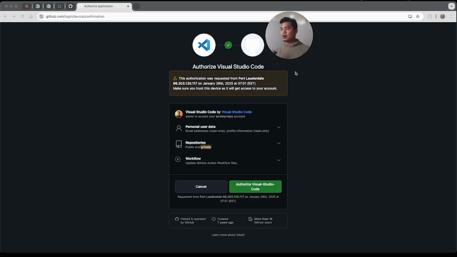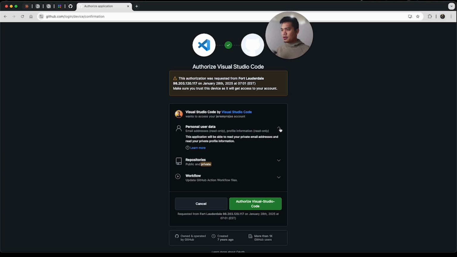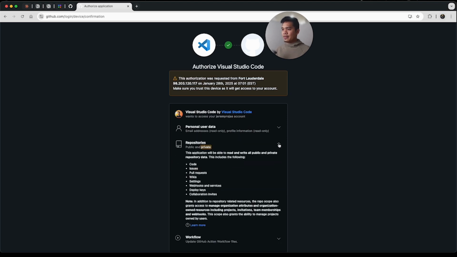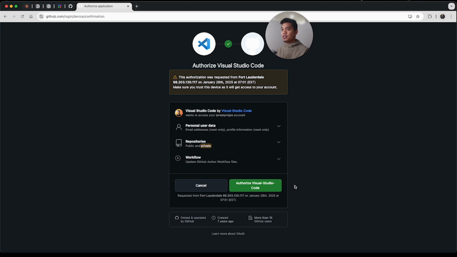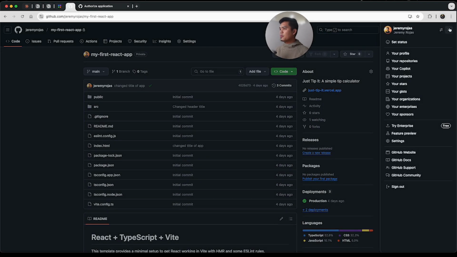And now here is where we authorize Visual Studio Code or Cursor, which Cursor is just a fork of VS Code, with our GitHub account. If you want, you could read the details over here. Personal user data. Cursor is going to have access to our public and private repositories. Oh, so before clicking authorize Visual Studio Code, if we go to GitHub, click on your profile picture over here,